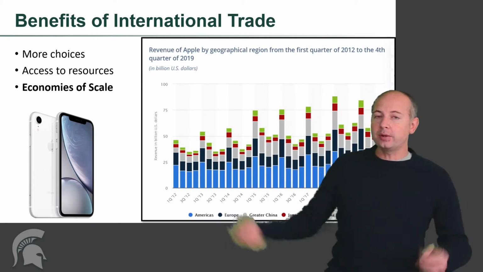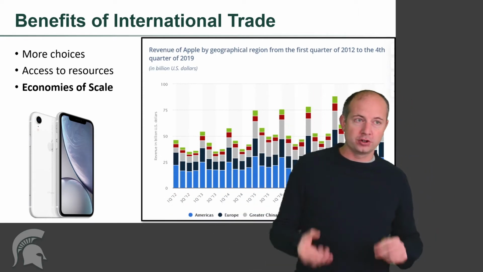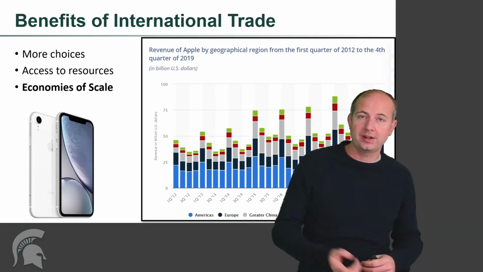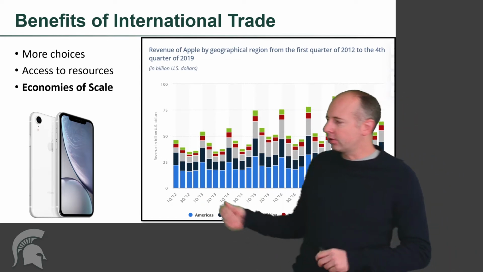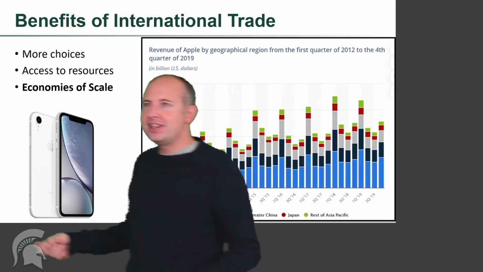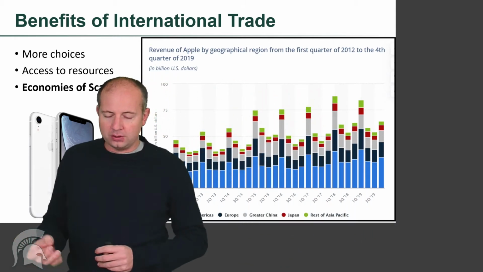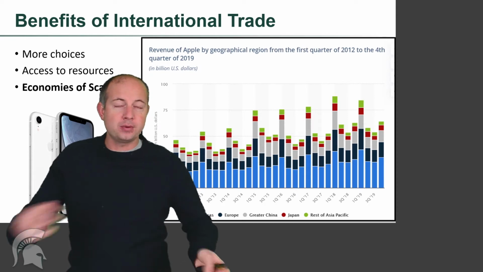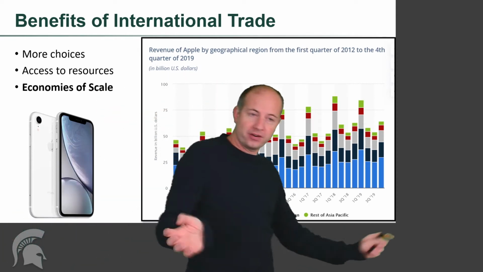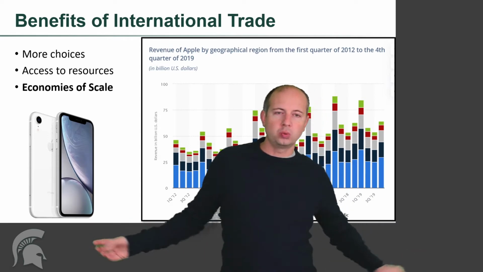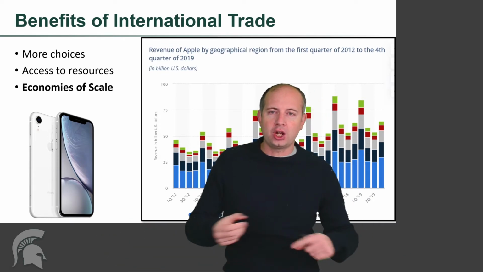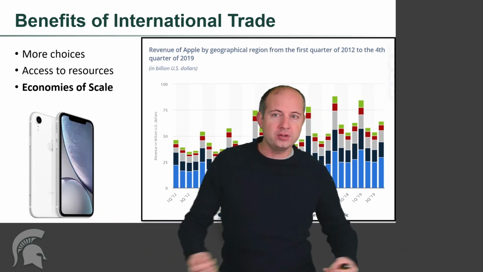And this iOS is going to take a lot of effort for them to come out with new versions, right? A lot of software engineers spend their time. Well, you can imagine that if we're only selling a few iPhones, then you think about having to spread that cost of the new iOS over however many iPhones we're selling in the United States. Once they start selling them across the world, now the iOS costs can be spread over more units.